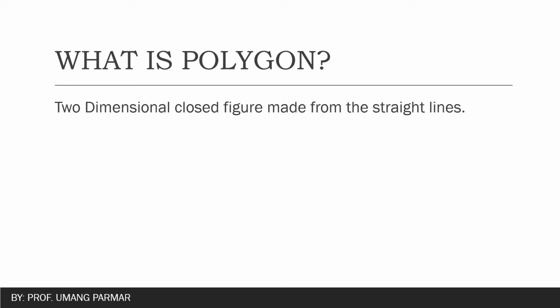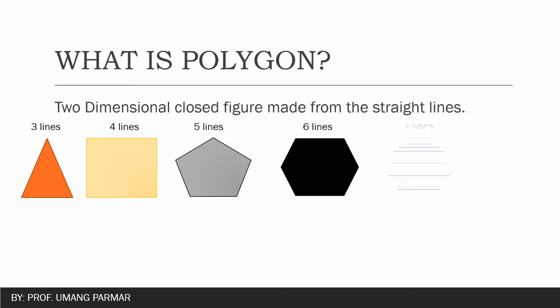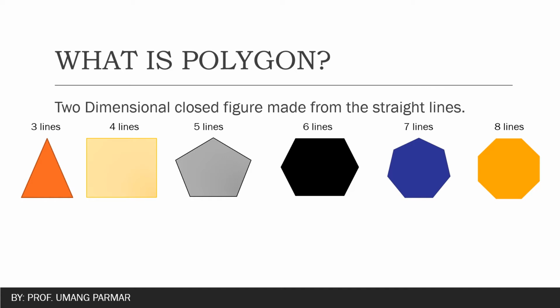This is two dimension. For example, if we are talking about three lines together, then the 2D diagram will look like this. In case of four lines, it will look like this. For five lines, it looks like this. For the sixth line, this is the 2D figure. For seven lines, this is going to be the 2D figure, and for eight lines we have this figure. So there are certain names for these figures.